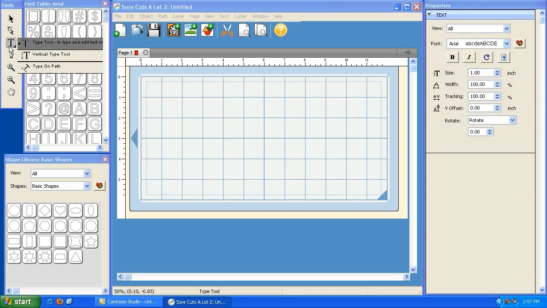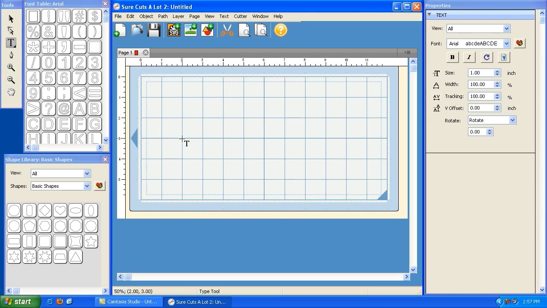So the type tool has 3 different options. If we click and hold the type tool, you'll notice that we have the type tool, the vertical type tool, and the type on path tool. The regular type tool, if we select it, you'll notice that the cursor turns into a T with some crosshairs there. And anywhere we click on the mat, we'll have a blinking cursor, and that tells us that